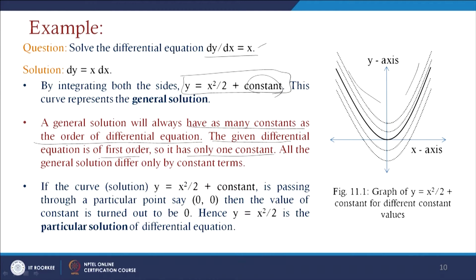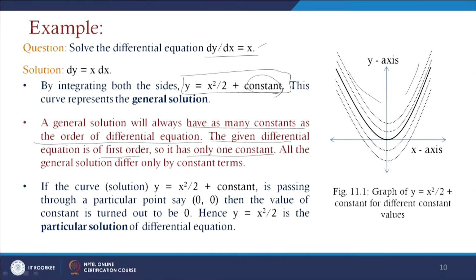So, whatever constant value you choose arbitrarily, the solution will shift its position accordingly. Since it is a linear equation, we are just adding one constant, and this constant will shift the positions of these nodes from one point to another, and the trend of the graph remains the same.